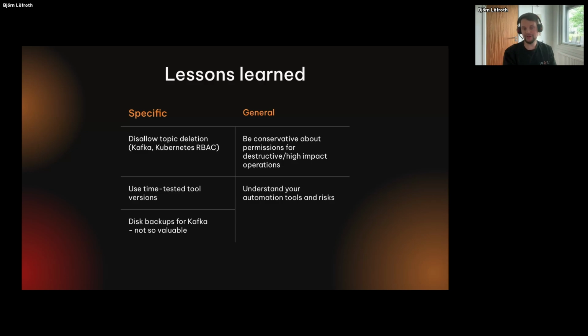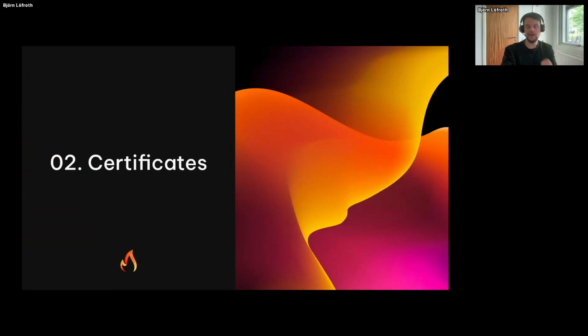And these backups for Kafka are not so valuable. Typically, we did them at midnight. The interesting stuff that people might not have consumed is usually at the tail end of your topic, so the disk backups from a couple of hours ago are not very interesting. Depends, of course. You can add compacted topics and that stuff, so they can be valuable, but we later moved on to other setups with mirrored clusters. And in general, understand your automation tools and the risks associated with them. And we will get back to this risk analysis a bit later. For now, we will move on to another area,